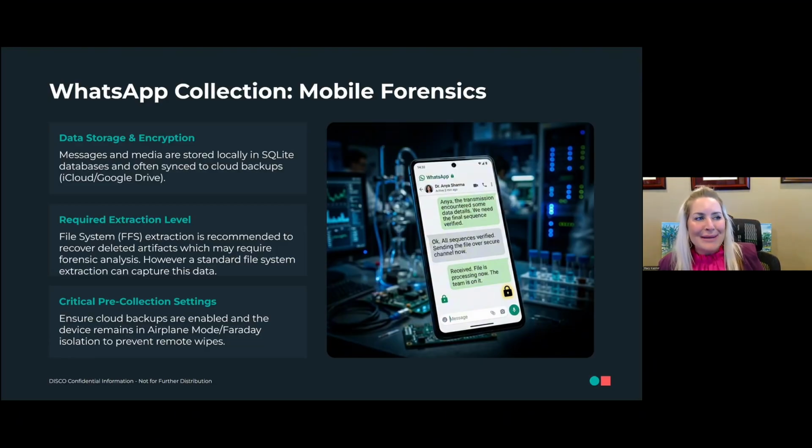So again, it's very important to make sure that in certain types of cases, everything is treated with the utmost care, so that if you do have a nefarious party on the other side, we prevent data loss by taking physical care of the device.